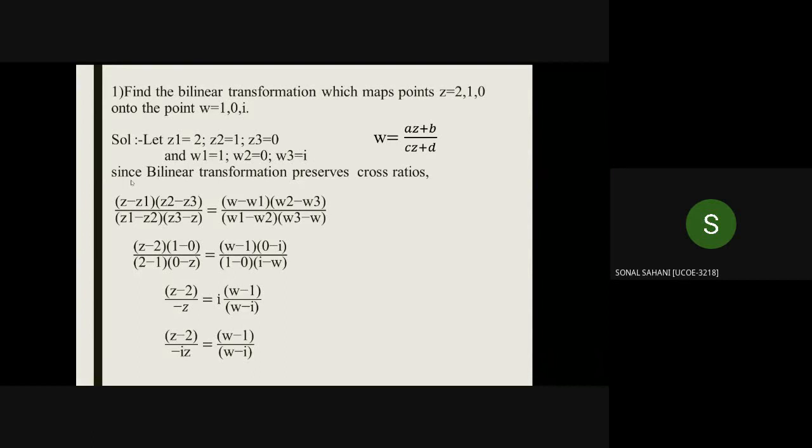So there is one important note, and that is, do not change the order of the points in the given question. Because if you change the order of either z or w, your answer won't come out correct. So for that reason, do not change the order at all. Now let's continue the question.